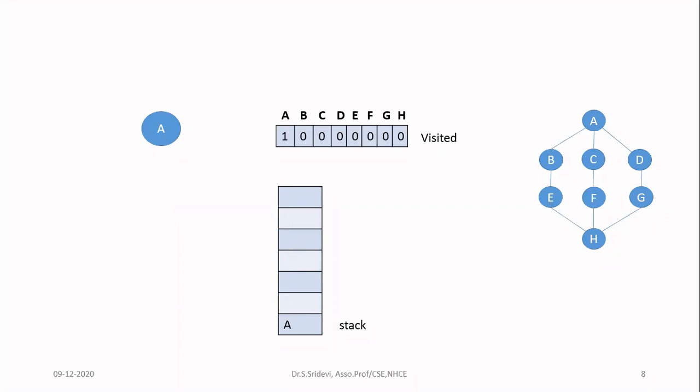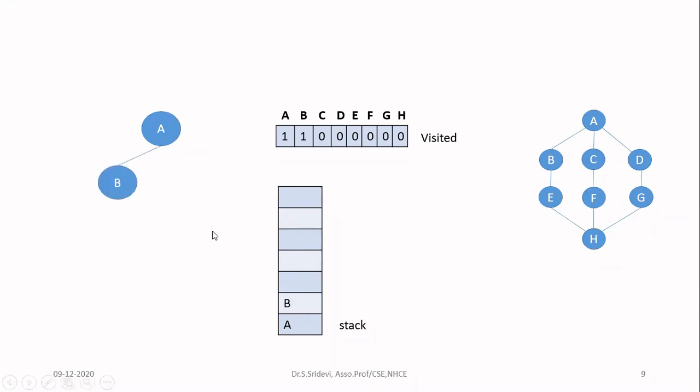So the meaning of visited is equal to 1 is that you have visited that particular node and it is added to the output. This is our output. Here we are going to draw our searching algorithm output. So if visited is equal to 0, it is not visited so far. So you can visit it now. So I am going to visit the node B.